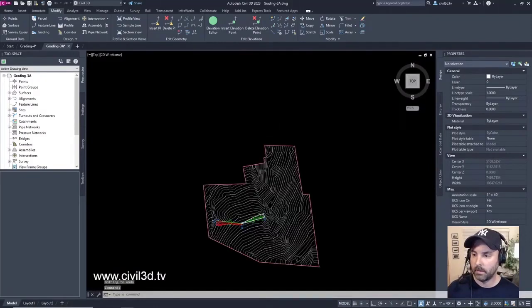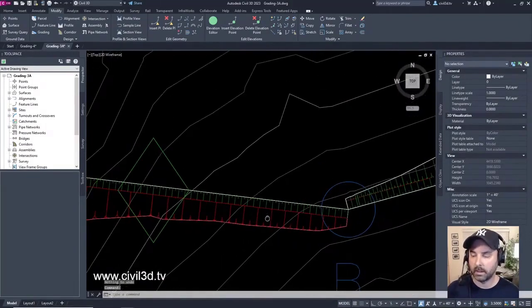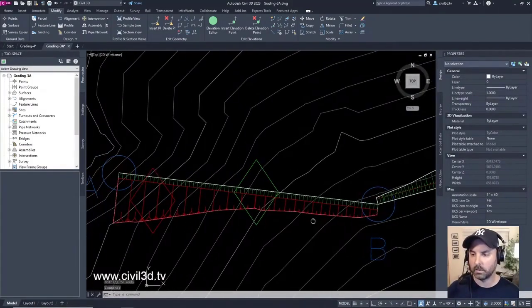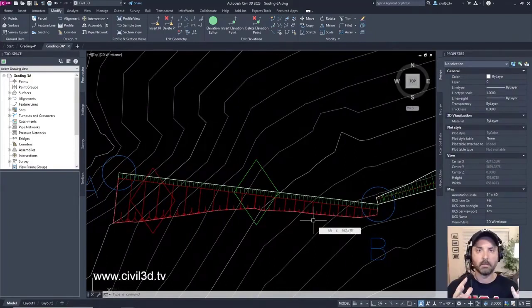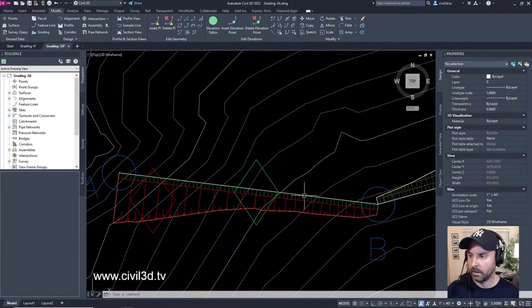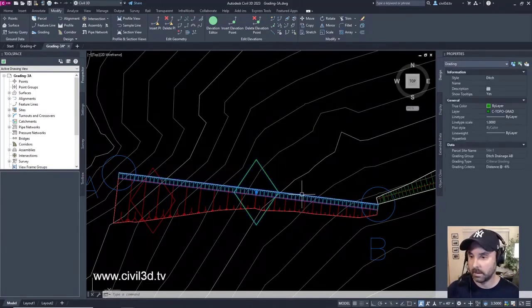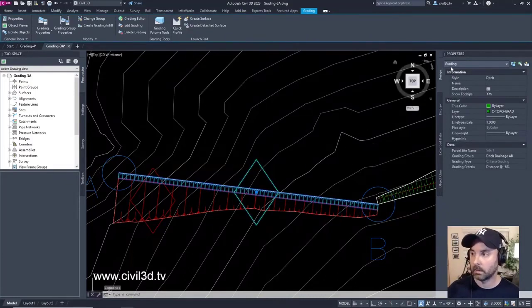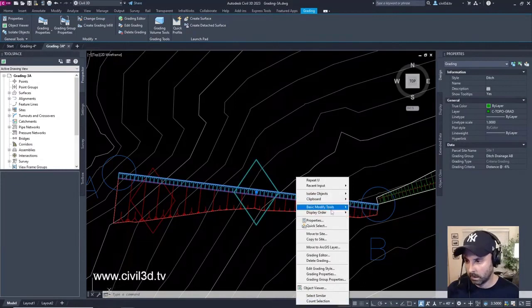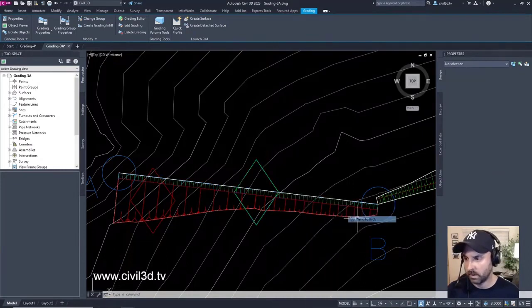If I zoom in and I want to select the feature line that this grading object is building itself off of, and this white line is that feature line. Well, is it? If I select it, what do I get? I get a grading. Don't want a grading. I want the feature line. I'll right click, display order, send it back.